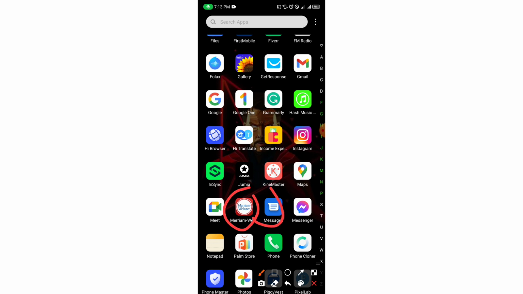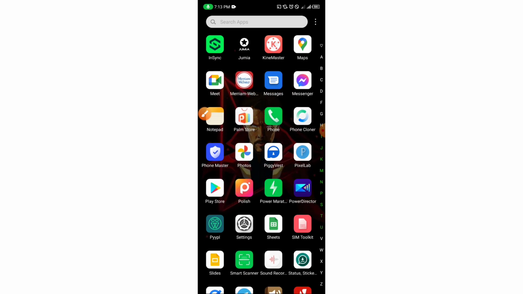Then these messages, the messaging app that came with the phone. Then the next application I've got here is Messenger for sending and receiving messages on Facebook. Then I have this notepad that I use to jot things down when necessary. Then this Palm Store, I don't know what it is. Then phone